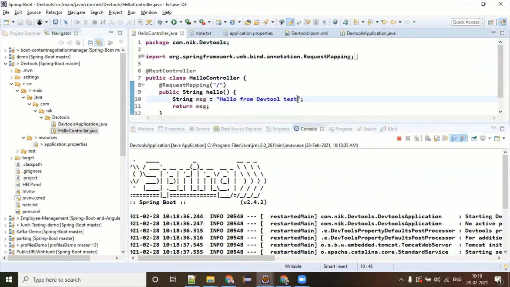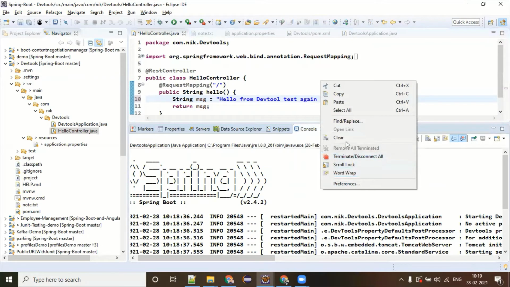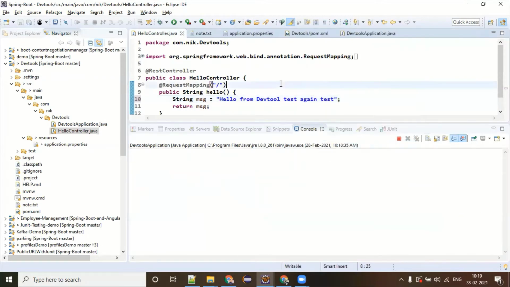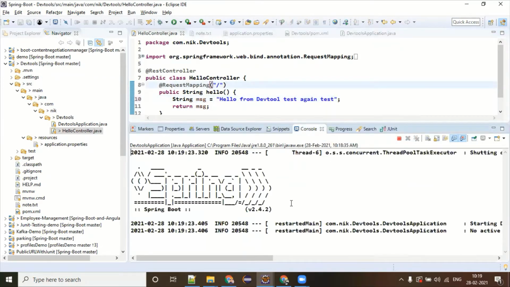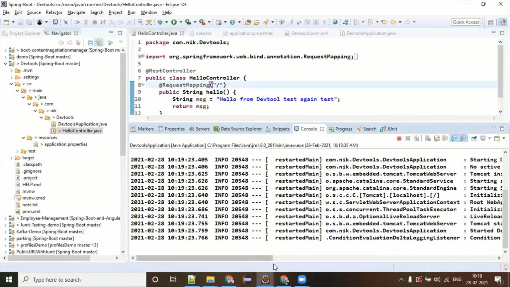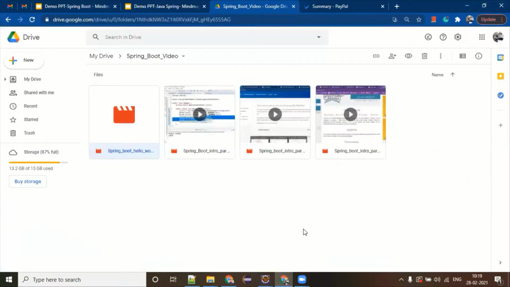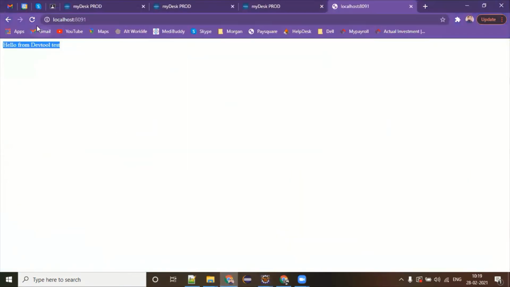This time I'm going to change it to again test. The moment I save it, you will notice the changes are reflected automatically and deployed there. The only thing is, if you refresh here, you will see the latest message.